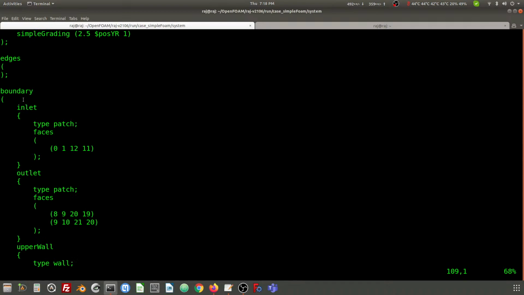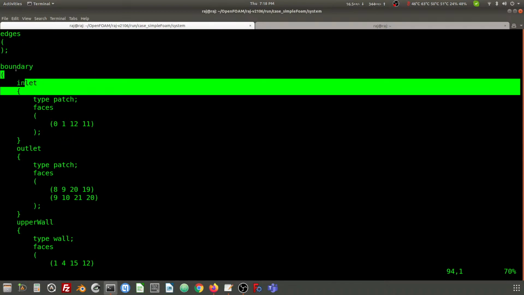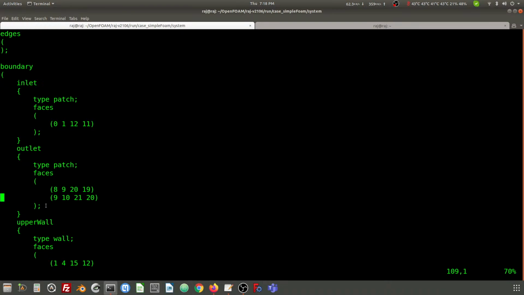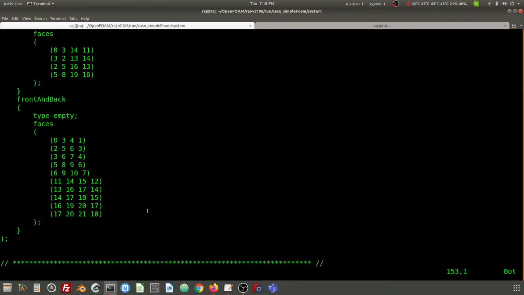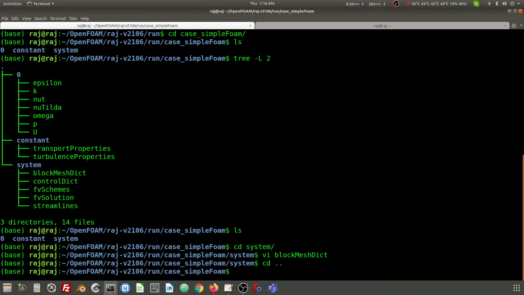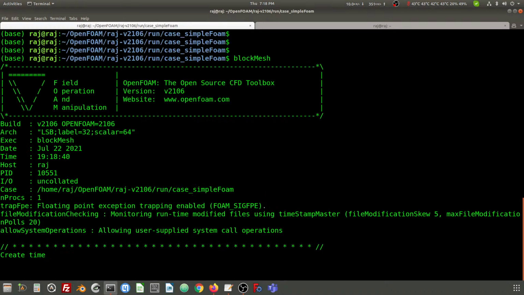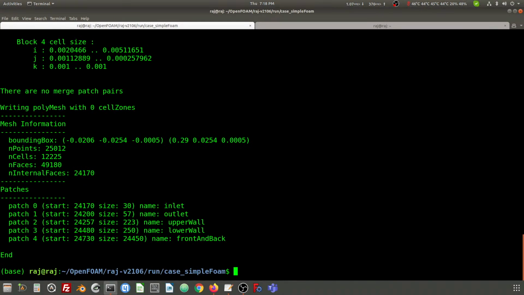We will keep all the defaults, whatever is given: the boundary conditions, the patch names, like inlet and outlet. We are not going to change them, both cases are the same. I am just going to create this one. Now let's run this case side by side. First we have to create the block mesh. So the mesh is created,